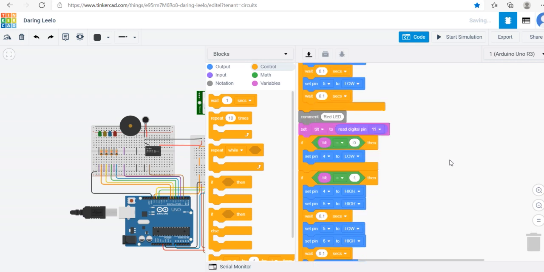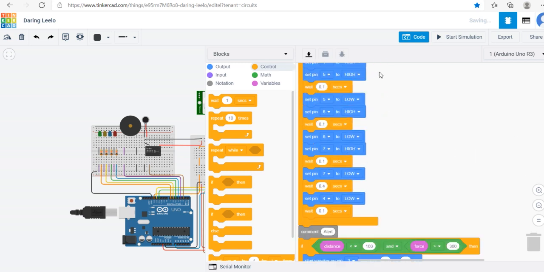Moving on to the red LED, it was connected to pin number 4, and the corresponding tilt sensor was connected to digital pin 11. Here I have defined the variable tilt, and only two values can be seen, 0 and 1. A completely tilted entrance or door would send the signal 1. This will cause the blinking of the red light. This can be seen by these blocks of code where I have used wait multiple times.